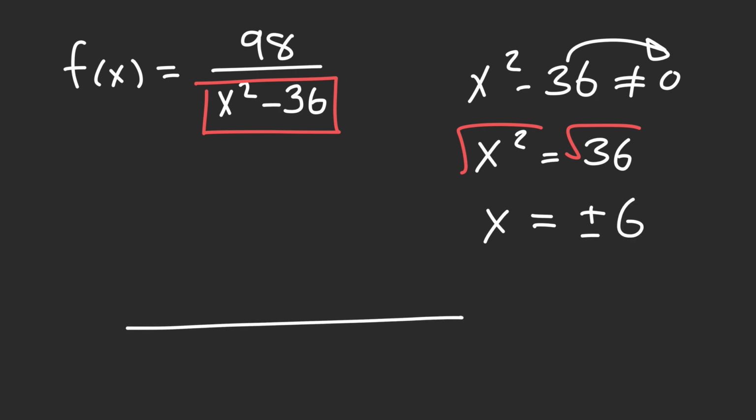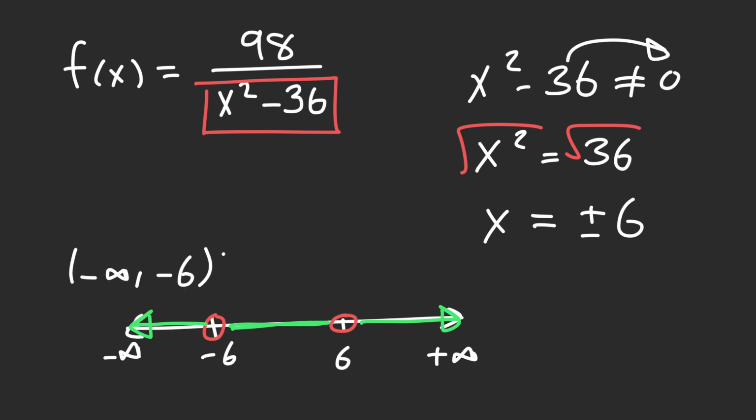Now let us draw a number line. We will put minus 6 here and 6 here, and we should circle them and keep the circles open, and shade all the other areas to include them in our solution for the domain. Now to write the domain in interval notation, here we have minus infinity, and here we have positive infinity. So the interval notation will be minus infinity to minus 6 in parentheses, union